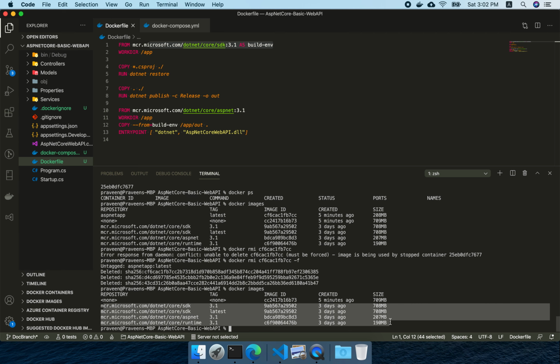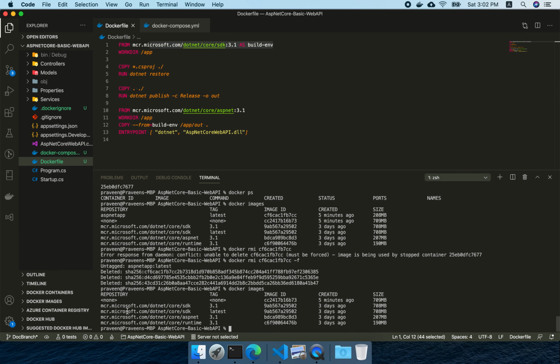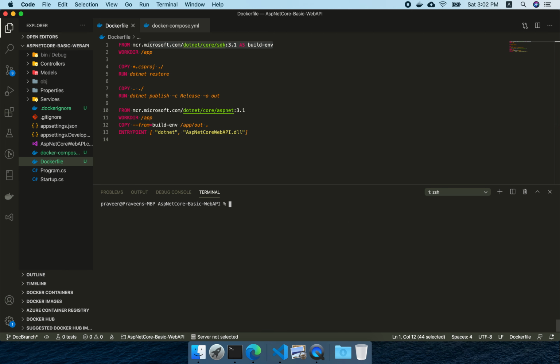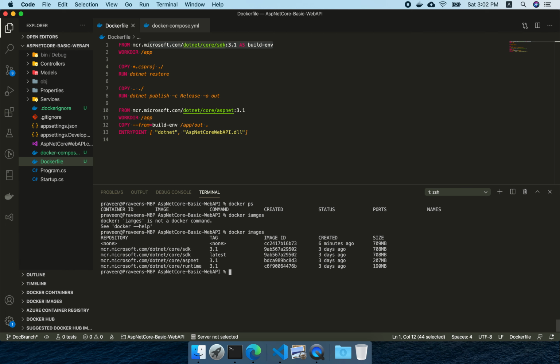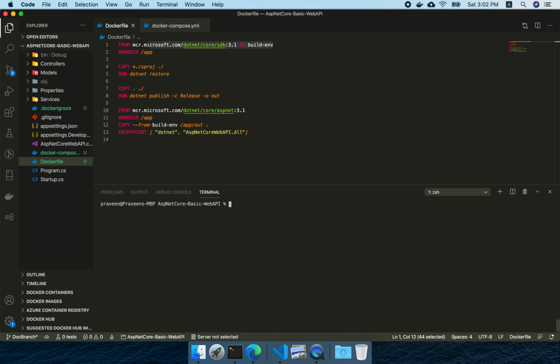But ideally, if you run it the first time, this will take some time to download, because you can see the file sizes of these. So to not make you wait in the video, I executed it once prior to that. That's the reason the base images were already downloaded and the image generation was very quick. Otherwise it takes some time based on your bandwidth. Now, none of the containers are running, and I don't have any images apart from the base images.